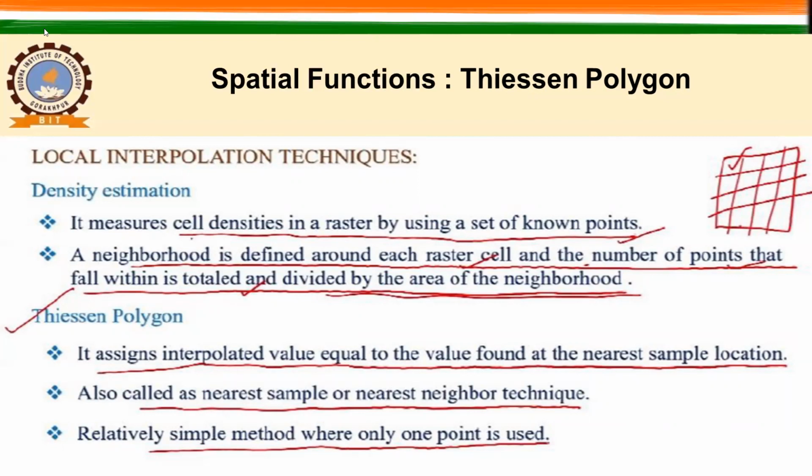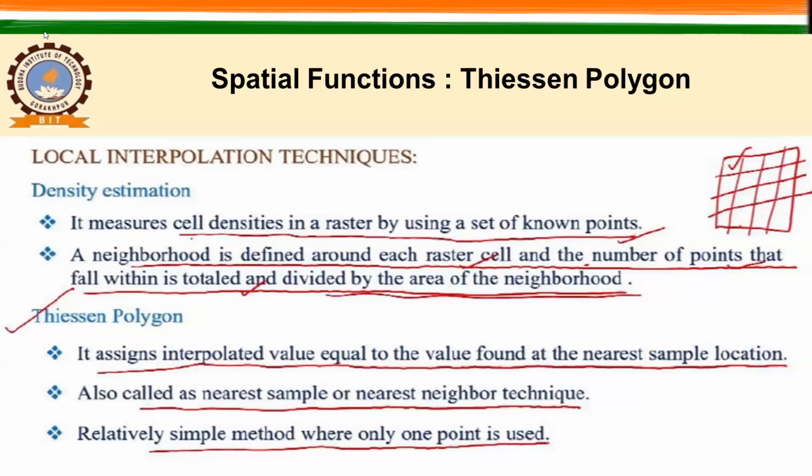Now what do you have to do? You have to extend them and join them, right? So that will look like this. Here you can see this is the value for this particular polygon, and this is the value for this particular polygon. So it is expected that your result will be more accurate than other methods. Why? Because it works on the nearest neighbors concept.